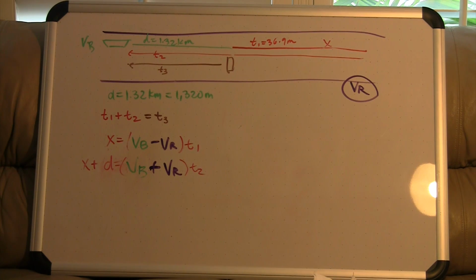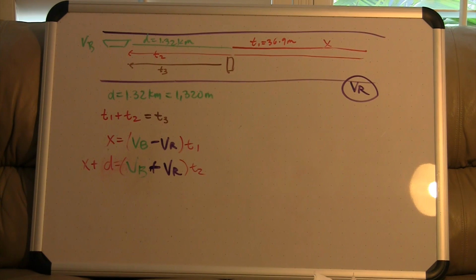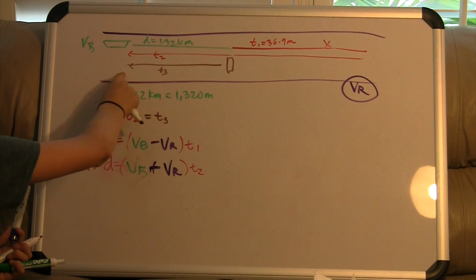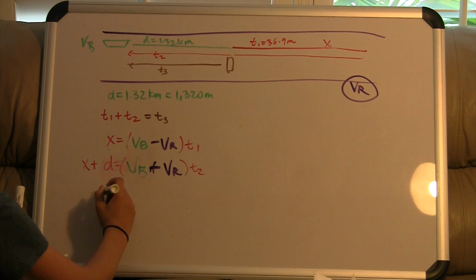Right, so those are the equations we can set up for the boat. And now for the log, we can set up the equation, again, where its position equals a certain time times velocity. So the distance, again, is the same as d. If you see this distance, it's still the same as this initial d. So for the log,